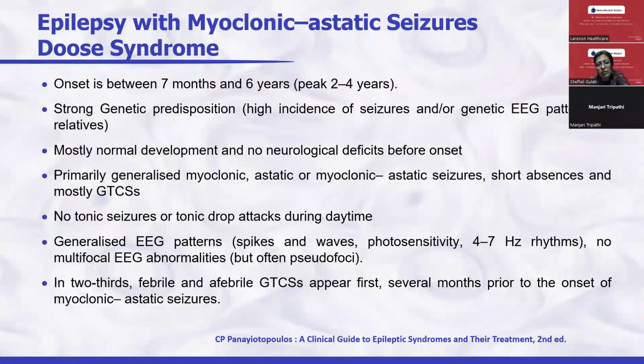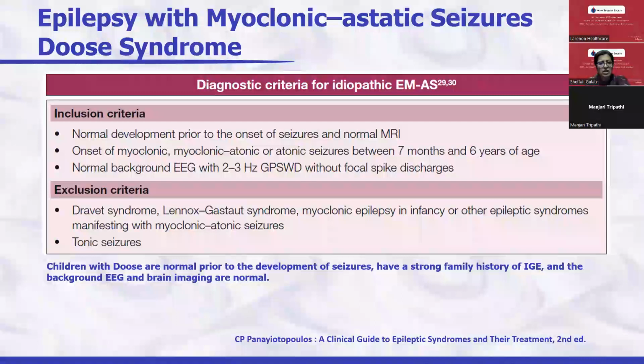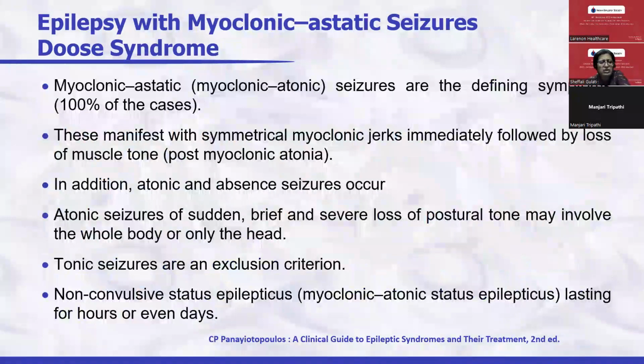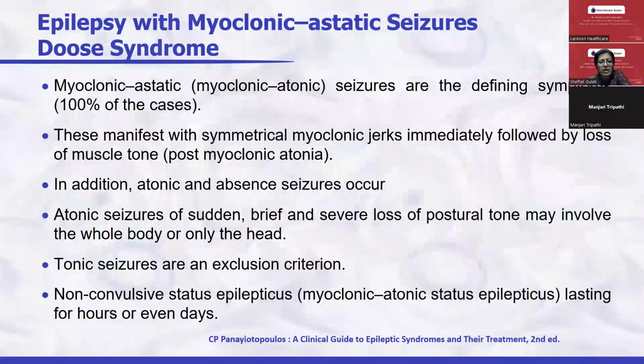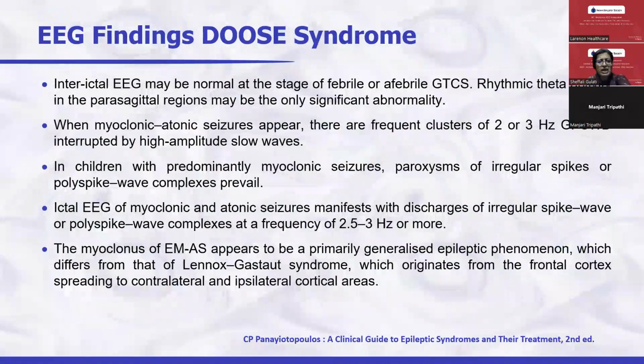And in two-thirds, febrile and afebrile GTCS appear first, several months prior to the onset of myoclonic atonic seizures. There are some diagnostic criteria: the children with DOS are normal prior to development of seizures, have a strong family history of idiopathic generalized epilepsy, and the background EEG and brain imaging are normal in this situation. In the EEG, interictal EEG may be normal at the stage of febrile or afebrile seizures, and when myoclonic